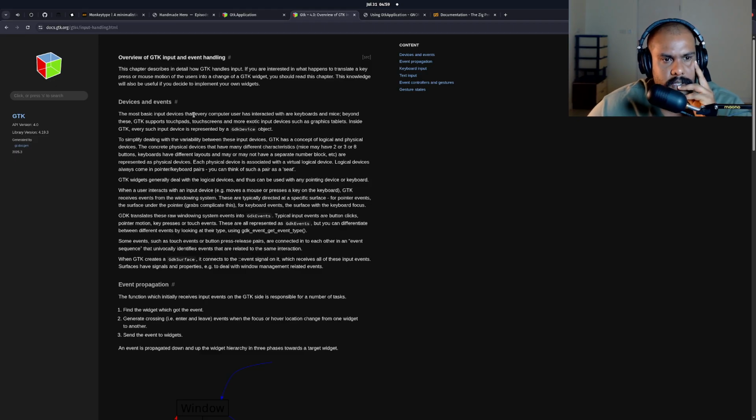The most basic input devices that every computer user has interacted with are keyboard and mice. Beyond these, GTK supports touchpads, touchscreens, more exotic input devices such as graphics tablets. Inside GTK, every such input device is represented by GTK device object. To simplify dealing with the variability between these input devices, GTK has a concept of logical